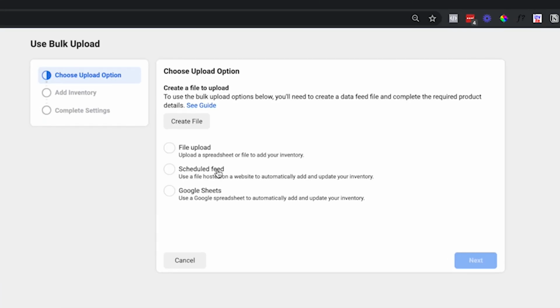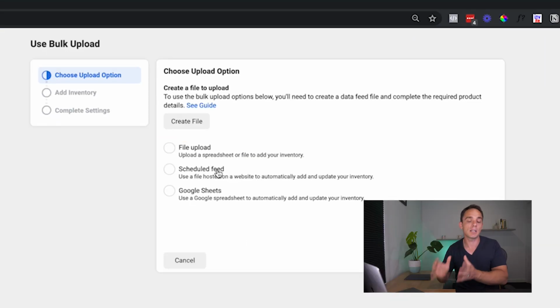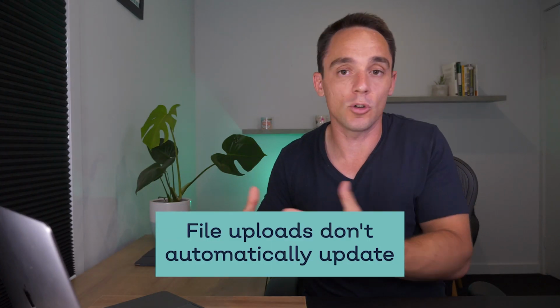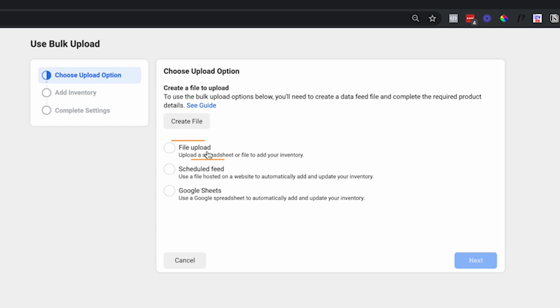Now, most of the e-commerce platforms out there, even if they're not one on that initial list, will have a way to push your catalog to a feed. So you can set it up as a scheduled feed. They will push your inventory out into a CSV file or a file that's readable by Facebook, and you can set that up here. If you choose File Upload, that's where you have to pick a spreadsheet manually and upload it to Facebook. Now, the downside of that is you need to come in and upload that file regularly. It doesn't automatically update. So if you're happy to do that once a day, once every couple of days, whatever you need to do, then file upload is your best option.